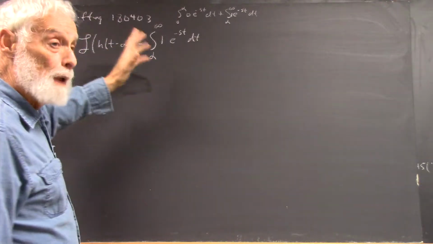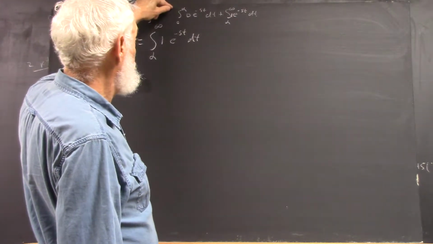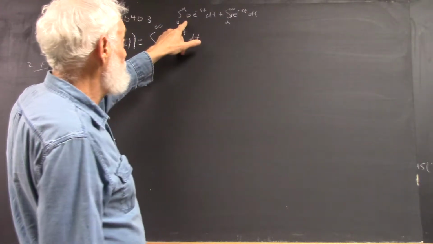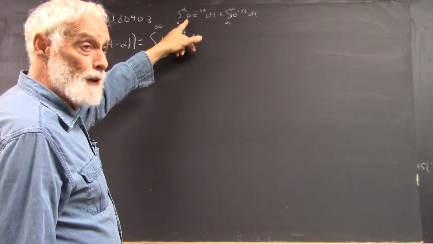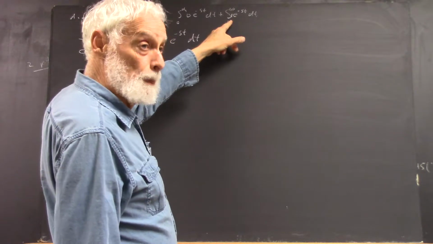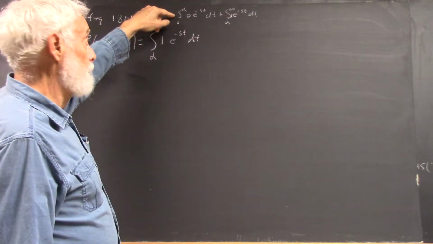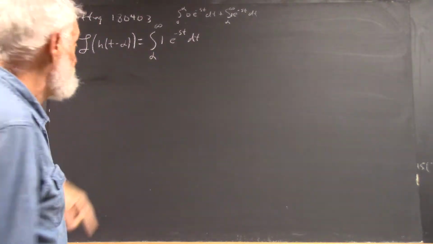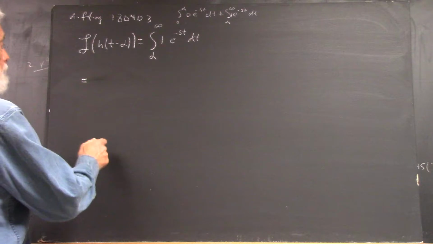Well, if alpha is positive, then you can say that's the integral from 0 to alpha of 0 times e to the negative st dt, because up to alpha, the Heaviside function is 0, and then from alpha to infinity, it's 1. And of course, this integral is clearly 0, so you just get this. Okay, so writing out the steps as I should have done before, we get